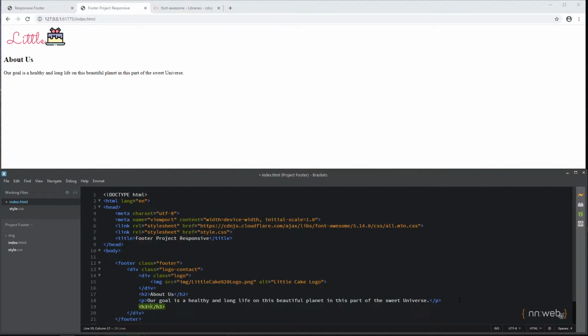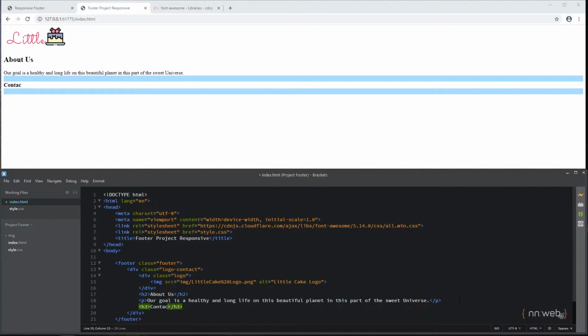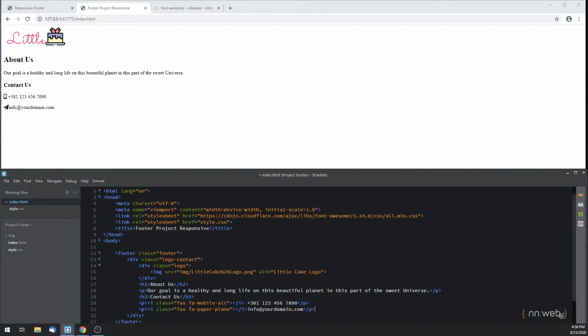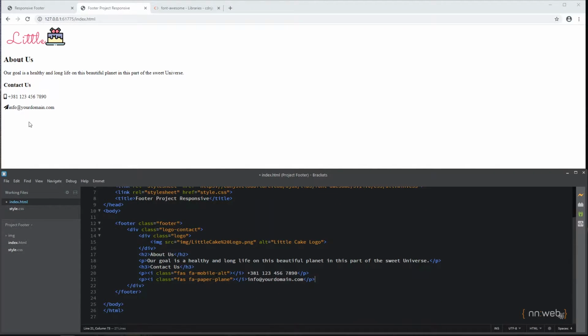So let's add h3 and type contact us. And now let's add the two icons, font awesome icons, for mobile, this one here, and for our mail or paper plane, this one. Okay, this is our first division. Now let's add the next division with class of informations, and here let's type another h2